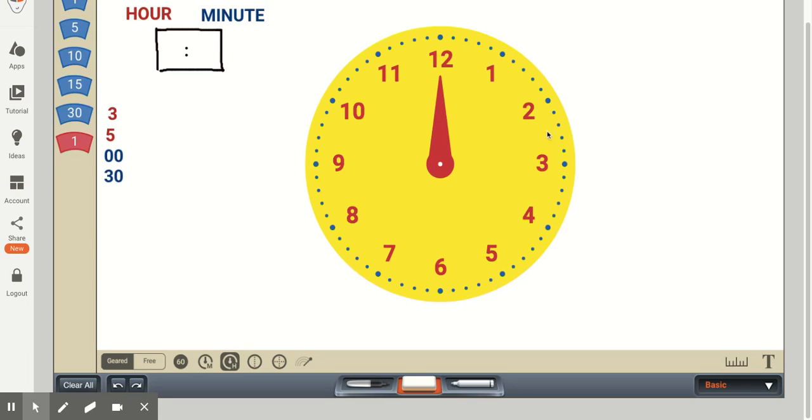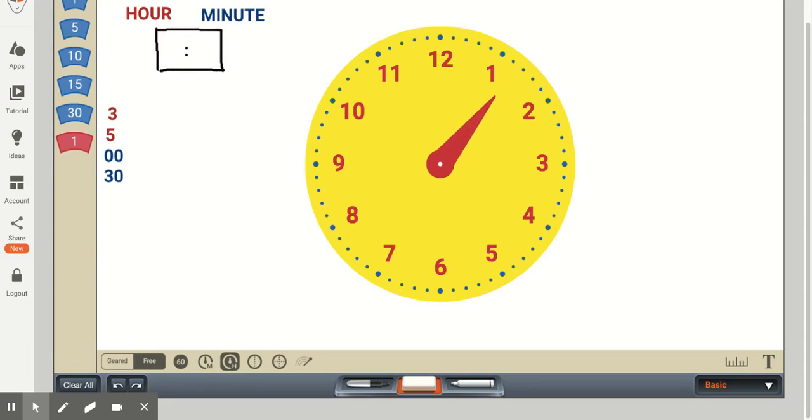So in looking at the analog clock, students can maybe be introduced first just to one of the hands, just to the shorter hand, the hour hand, and it can be explained to students that when this hour hand is pointing right at a number, that's the time that it is. So, for instance, this would be 12, and we use the word o'clock afterwards. So this would be exactly 12 o'clock. And then when the hour hand is moved to the next number, that would be 1 o'clock.